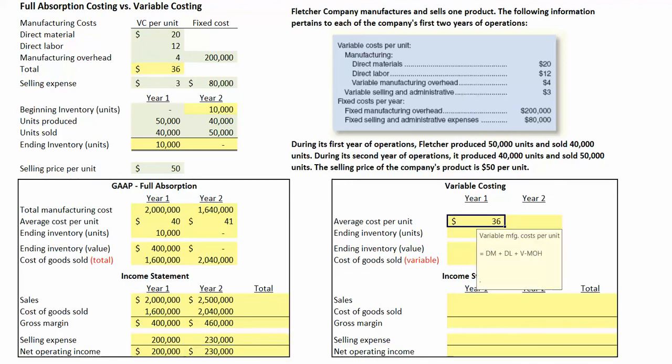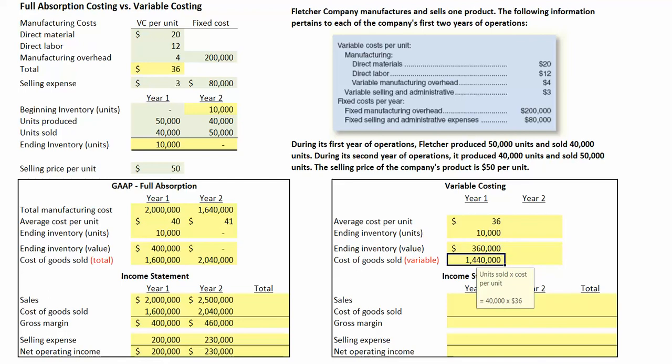Our average cost per unit in variable costing is simply our $36, which is our variable manufacturing cost, because recall our fixed manufacturing cost of $200,000 in fixed manufacturing overhead goes straight to the income statement as part of cost of goods sold. Our ending inventory, again, consisted of 10,000 units, so the value of ending inventory is $360,000, which means our cost of goods sold is